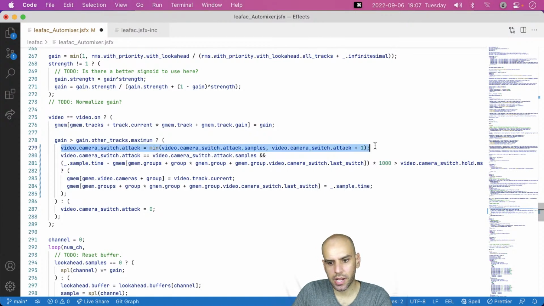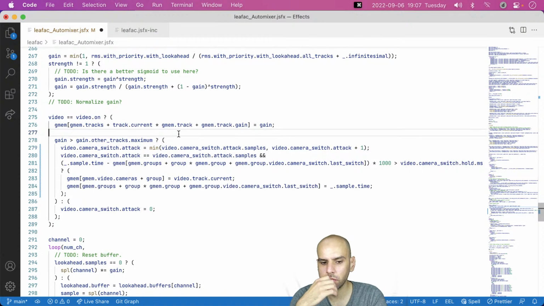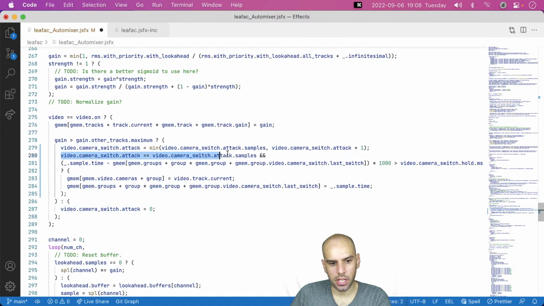This way, we are capping this number to never go beyond attack. And what's nice about this is, first, we don't need to check that we are not the main camera. Oh, I guess we need to check it anyway, because as soon as this condition is met, it will continue being met.